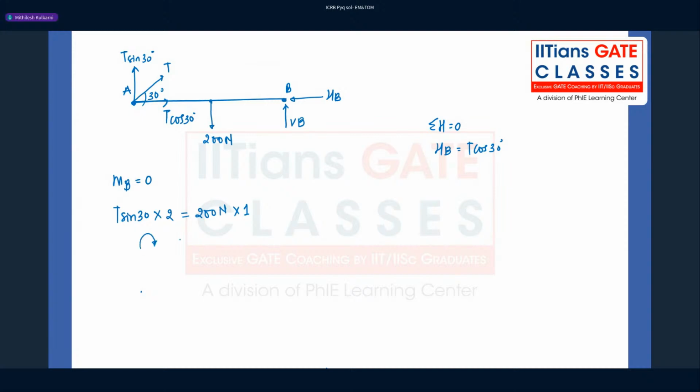So this is the clockwise, and this is the counterclockwise moment. So T sin 30, sin 30 is 1 by 2. 2 will get cancelled, and yeah, so tension will be 200 Newton. Using this value, horizontal reaction at point B will be 200 cos of 30, which is